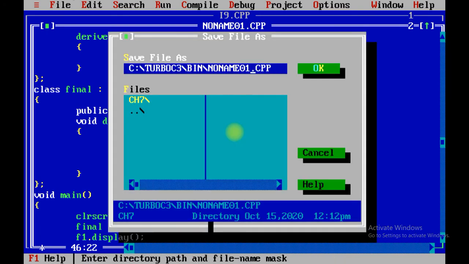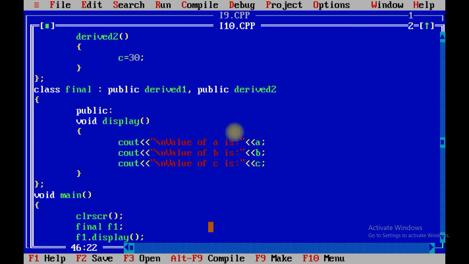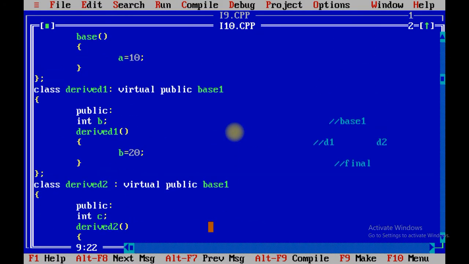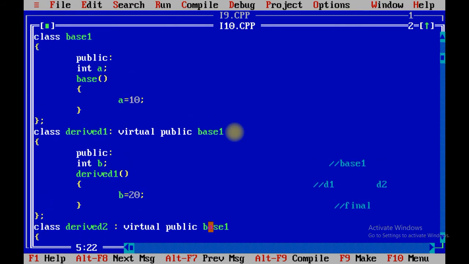Program number I10, inheritance 10. Let us execute. Value of A is null. What is the problem? Integer A, base, okay, over here we need to create the constructor base 1, that is our mistake.